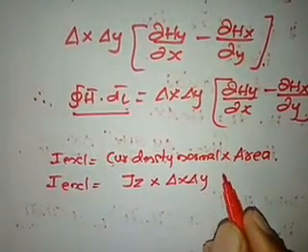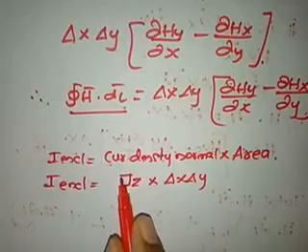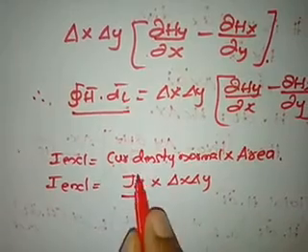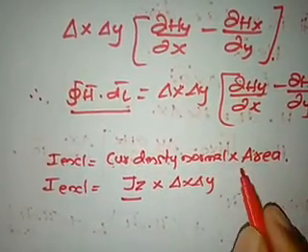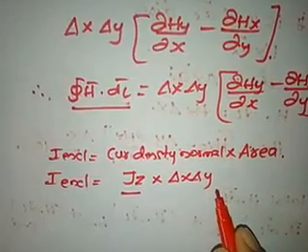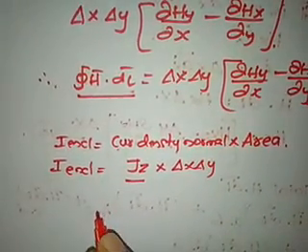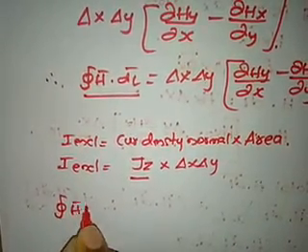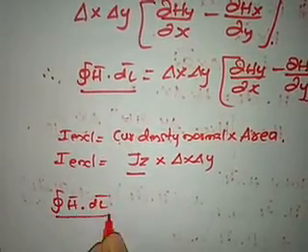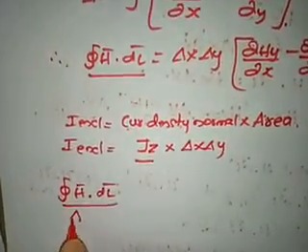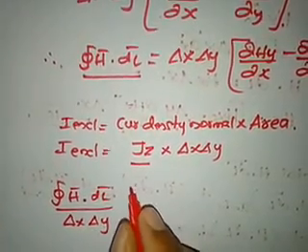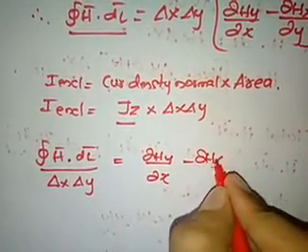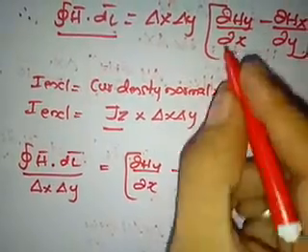So current density normal to the closed path, because we are getting the current in the z direction. I told at the beginning itself that according to the right hand thumb rule, the current is in the z direction. So it is Jz, that is current density normal to the area, multiplied by the area. Area is delta x into delta y. Alright. So what does it indicate here? Accordingly we can write, closed integral h bar dot dl bar divided by delta x delta y, I'll take it to the denominator. So this will be equal to dou hy by dou x minus dou hx by dou y. It is this term.